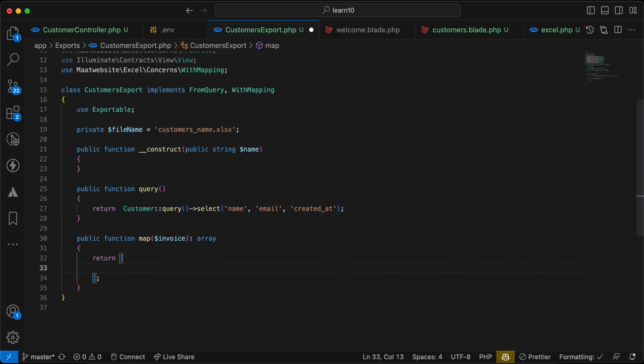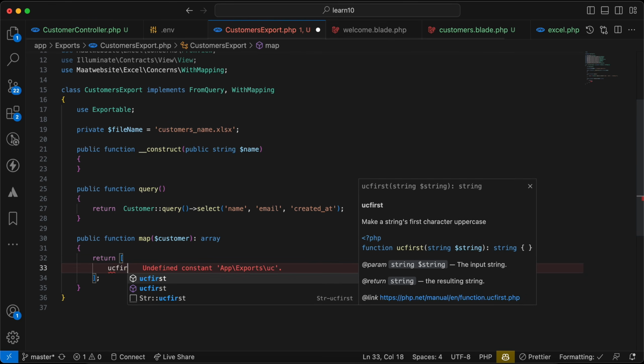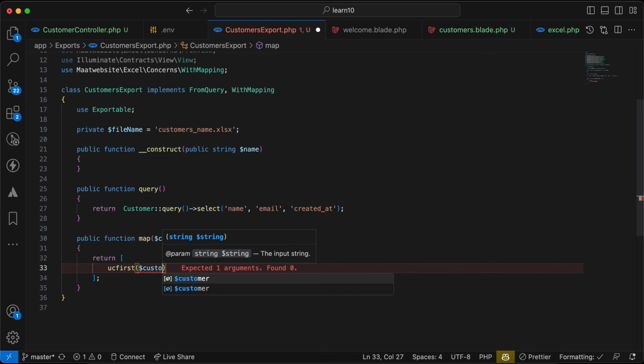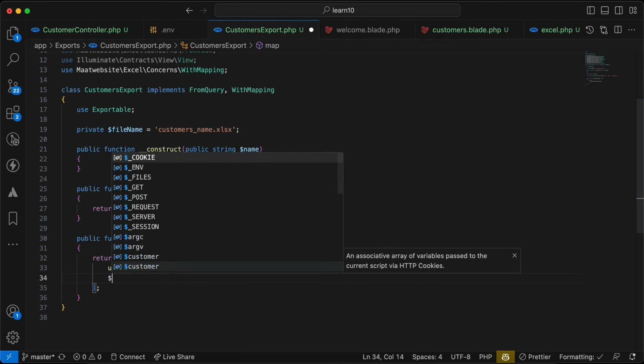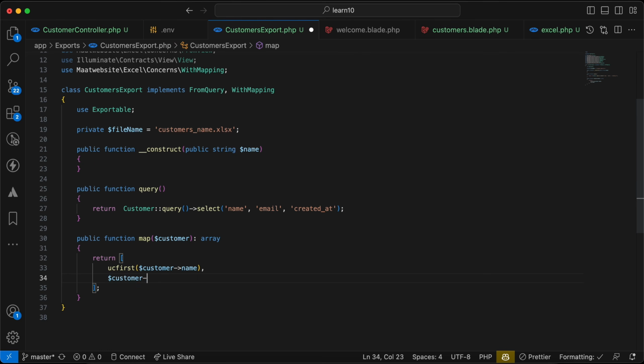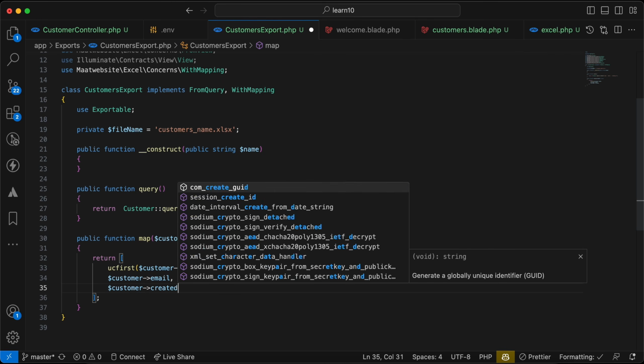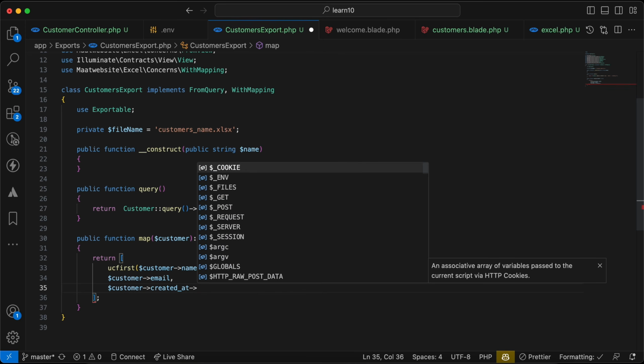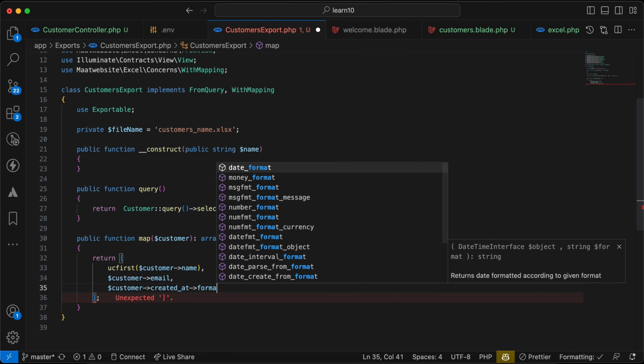And for name, I will say here for each customer, you see first customer name, and email will be like this, the same email, right? And for created at, I will say here customer created at, because by default it costs as carbon format